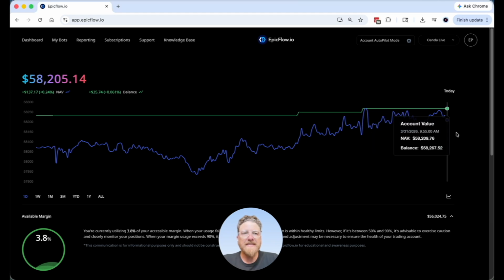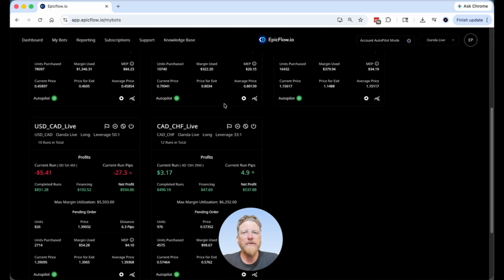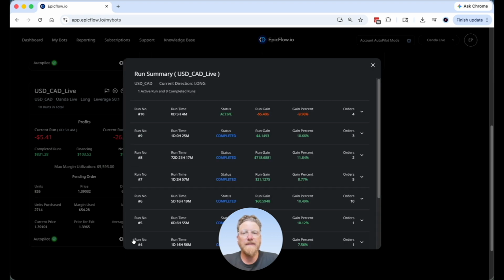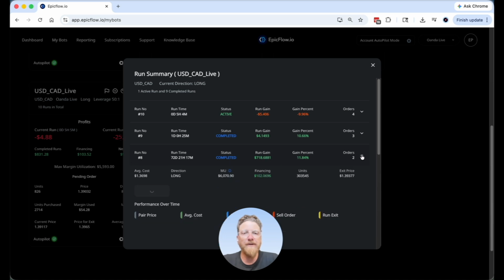Okay, so today is March 31st, last day of the month. This exited a couple days ago, and let's take a look at our US dollar Canadian. We can see that the one that ran for 72 days, I believe, exited early Monday. Today is Tuesday. And you see here that it had a run of $718. And if we expand this,